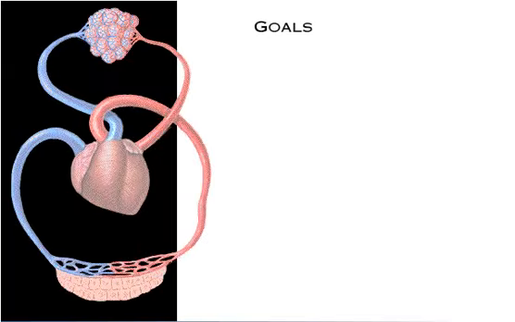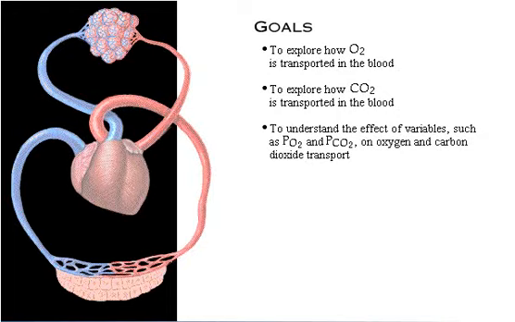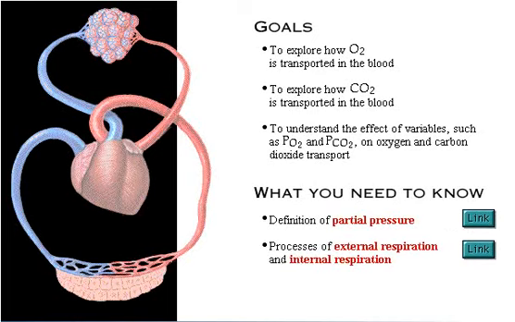Your goals for learning are to explore how oxygen is transported in the blood, to explore how carbon dioxide is transported in the blood, and to understand the effect of variables such as PO2 and PCO2 on oxygen and carbon dioxide transport. Here's what you need to know: the definition of partial pressure, the processes of external and internal respiration, and the